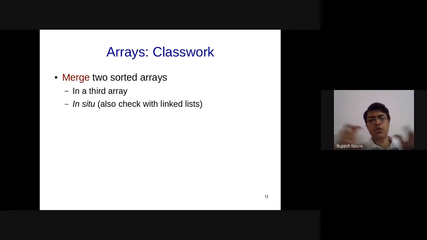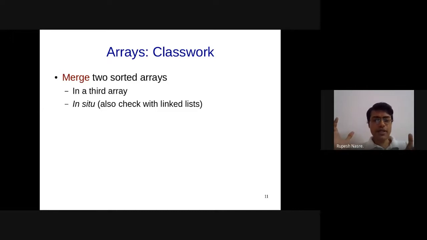Think about them as two rows of the matrix that we saw. Now I want to create a third array, which is going to be finally sorted. Assume that I have the memory available. So one is n length, another is m length, and then I have an m plus n length third array which is created, and I'm going to copy these elements somehow. How do you do that, and what will be the complexity? That is our first problem. And then we are going to put a restriction that I don't have the luxury of the third array.